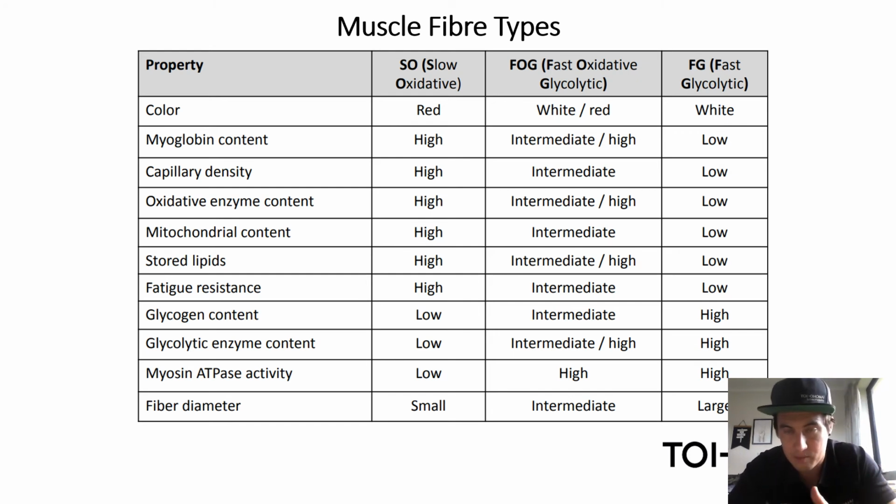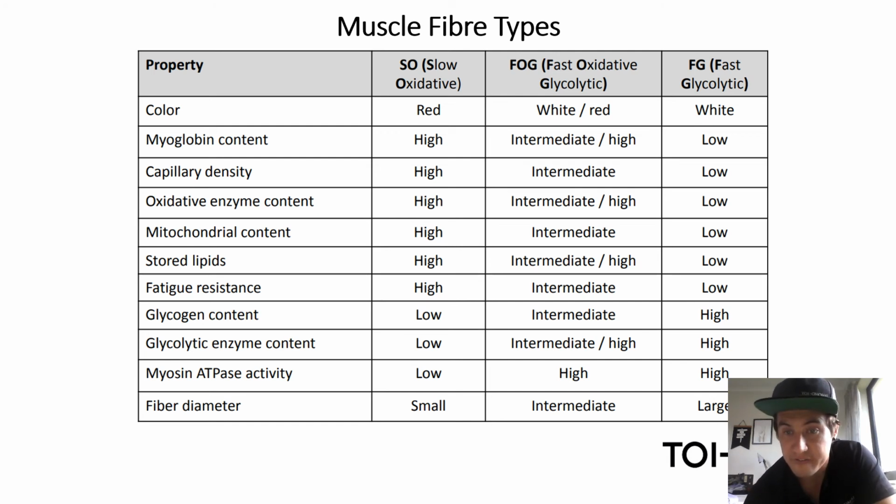So this table here is put into a simple sort of rubric of how muscle fibers work. We've got slow oxidative muscle fibers, fast oxidative glycolytic muscle fibers, and then fast glycolytic muscle fibers. What this means is we have muscle fibers that are better at using oxygen to produce energy. If we remember back to our energy system stuff, using oxygen takes a longer time, but we produce lots of energy. Whereas at the other end of the continuum, if we use the glycolytic space, which is breaking down glucose, we can do that really, really quickly and